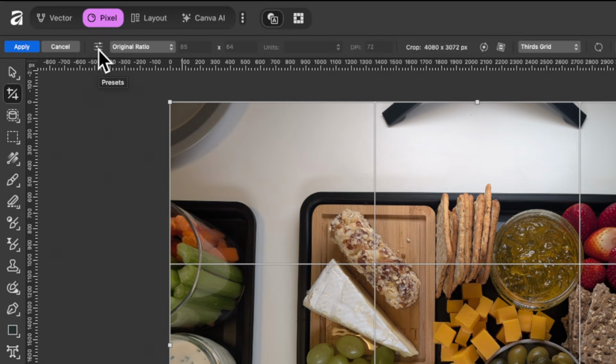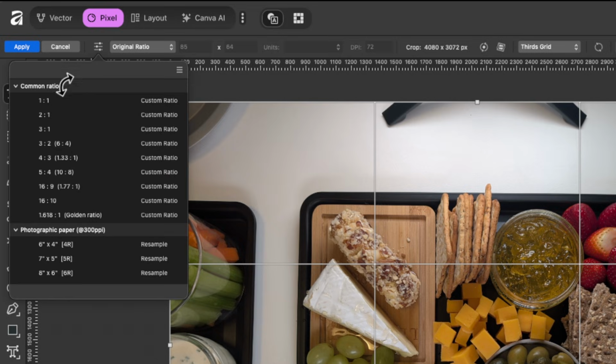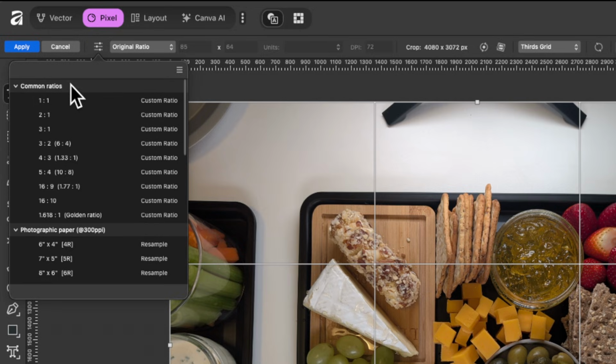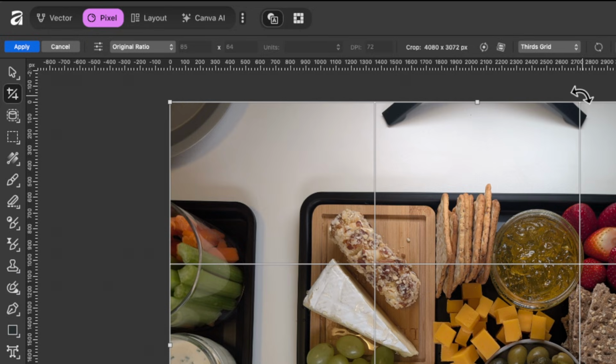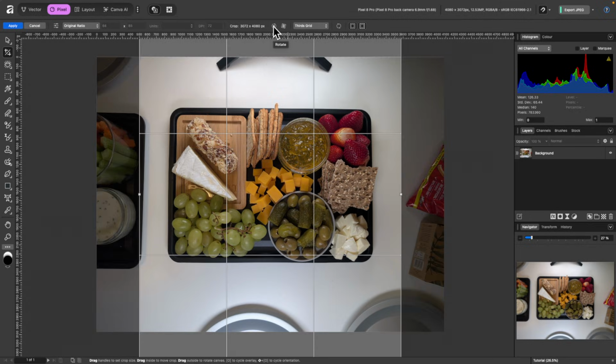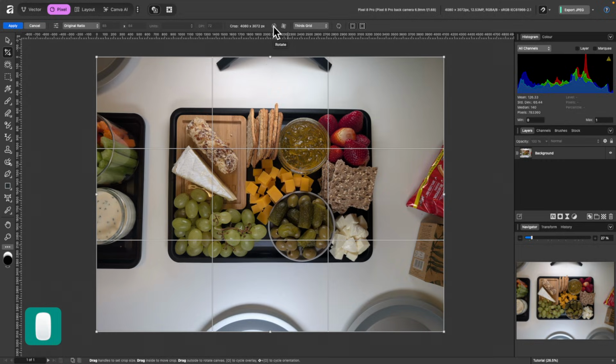And these little icons here, these little sliders, these are all presets. So if I click on that, you see it gives us quite a few here, 1:1, 2:1 aspect ratio. Lots of them are available, so you can just kind of select them and continue. Another useful option is this one up here. This is rotate, so maybe you want to crop it more of a portrait mode like this. I'll just click it again to reset it.